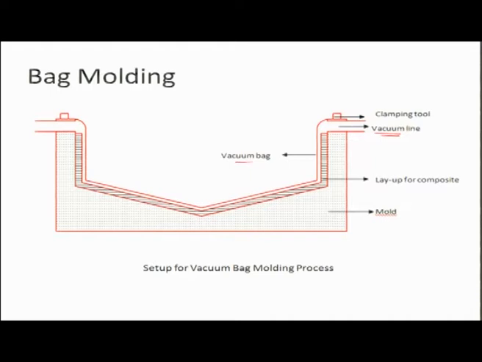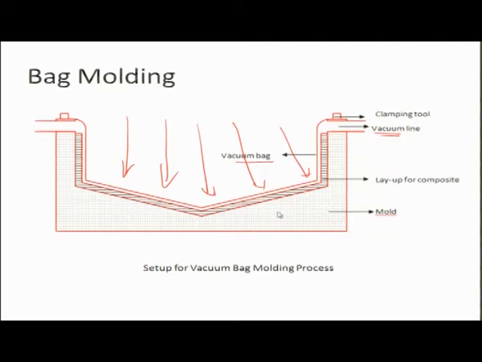So this vacuum bag is there, and I just remove the air from inside, and the moment air gets removed from inside, atmospheric pressure starts acting automatically and it presses the part, and that is why this is relatively less expensive. And the third method is known as autoclave molding. In autoclave molding, we apply both pressure as well as heat.